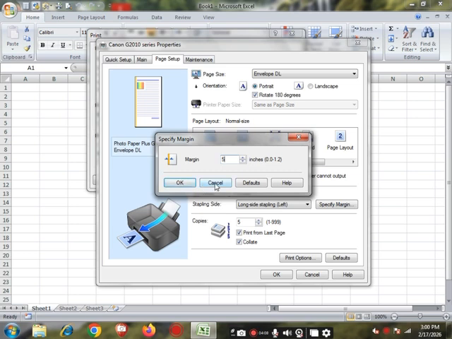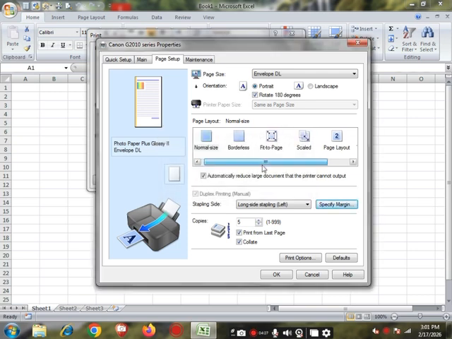Then we will press OK. Otherwise we can cancel, and by the default button it will set according to the system. It also has the help button if we need, so we can use all these things according to our requirement. After all these settings, we will press OK and we can check the whole layout.